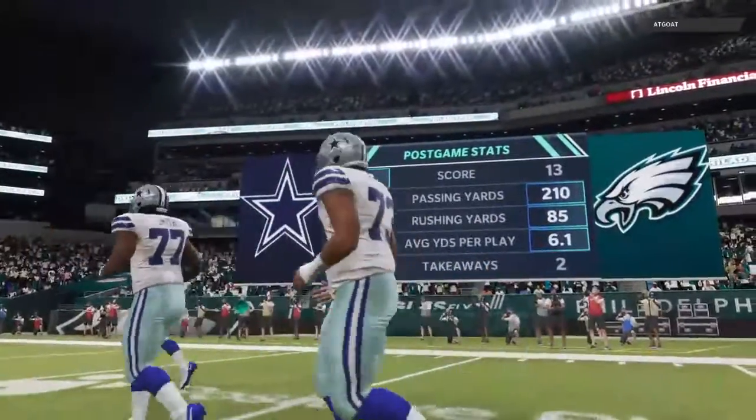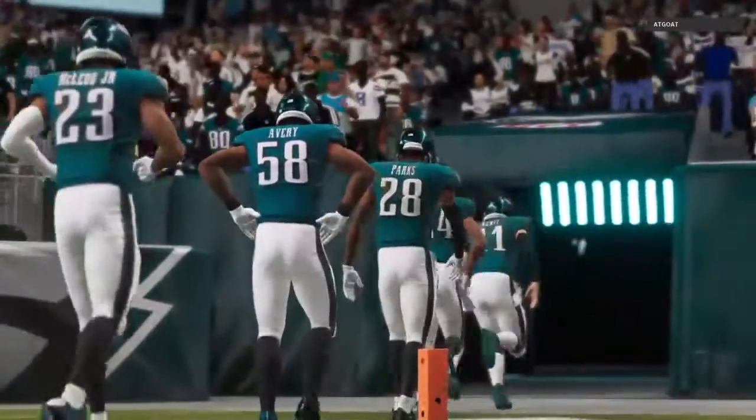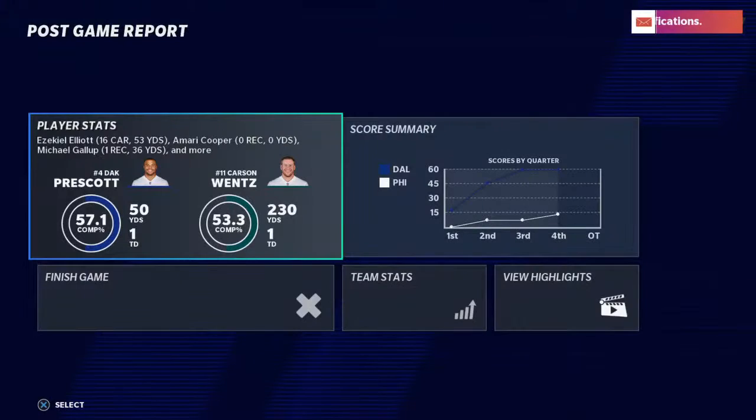So for the Cowboys, they close out this first half at a very solid 6-2. And they will head home next week to take on the Pittsburgh Steelers. Meanwhile, for the Eagles,